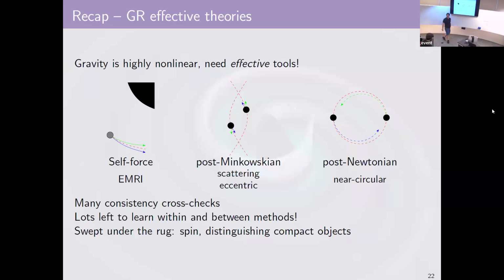One of the nice things about having all 3 methods is that we have all these cross checks. Even when we don't have access to numerical relativity points, we can cross check with each other. We're all expanding the same theory of nature in the end, so we should all have consistent results in these cross limits. There's a lot left to learn. This boundary to bound is very non-trivial, and there are very subtle effects related to radiation that we're just starting to unpack. And I've swept a lot of stuff under the rug here still.